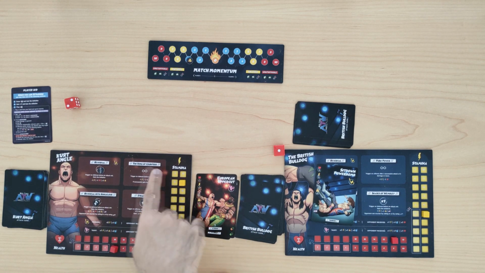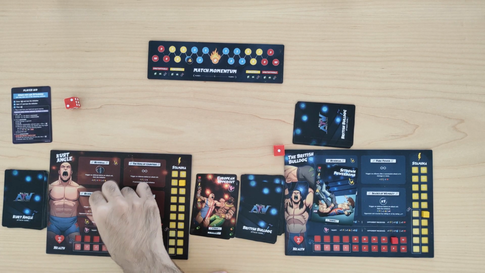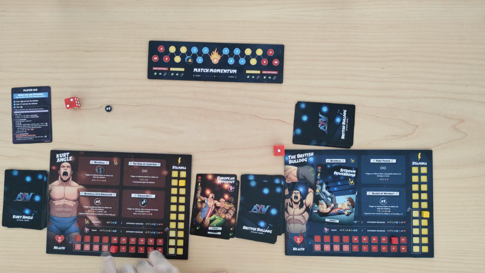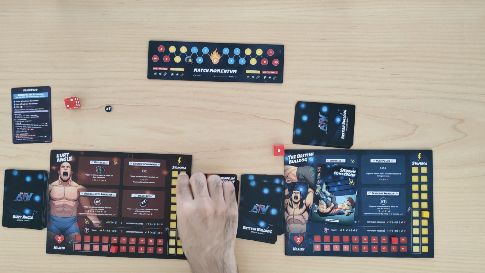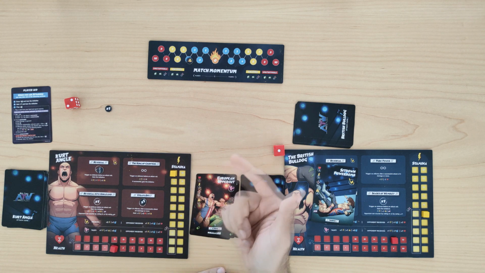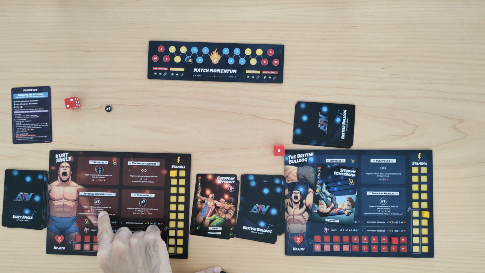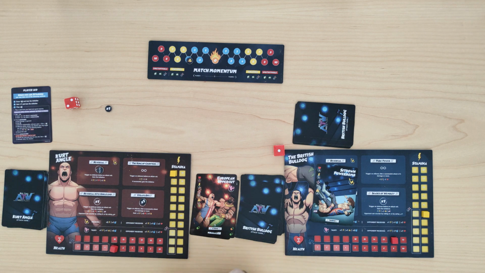So Kurt Angle is famous for being a great defender. I'll look at one of them here, which is a one-time use. I have to spend this icon. I would use up 2 of my stamina, and I would do 2 damage to my opponent, gain 2 momentum, and I can pin my opponent. Now, if the British Bulldog is worried, he doesn't want to get 2 damage, and he doesn't want me to gain 2 momentum, and he definitely doesn't want me to pin him,